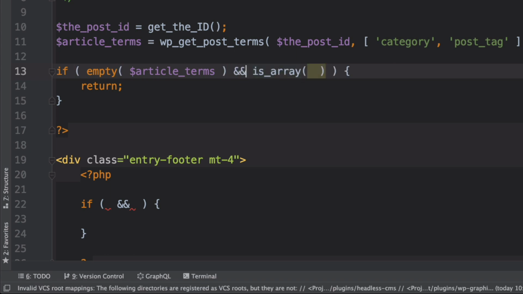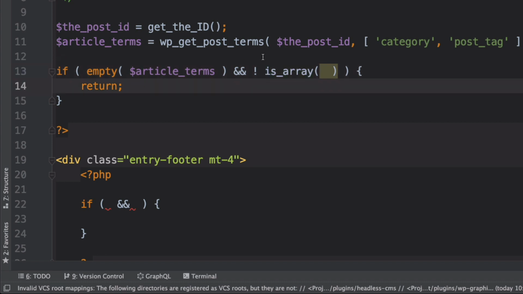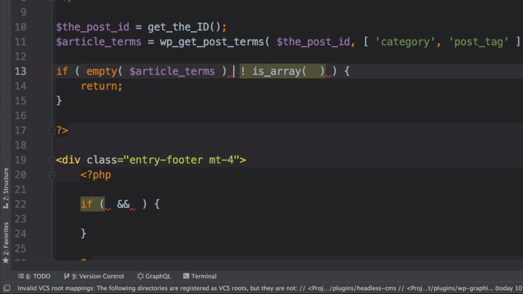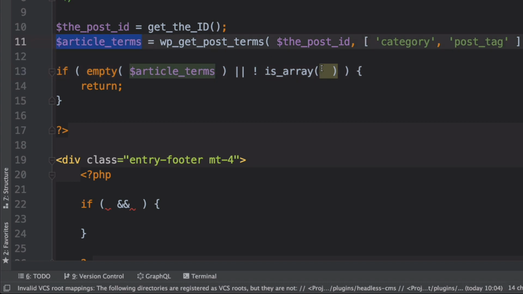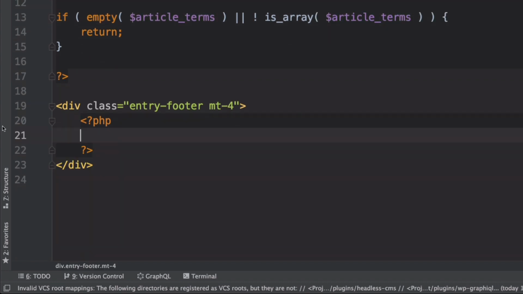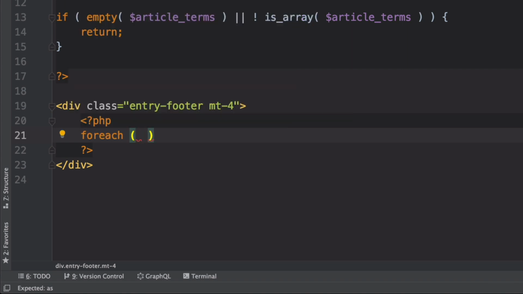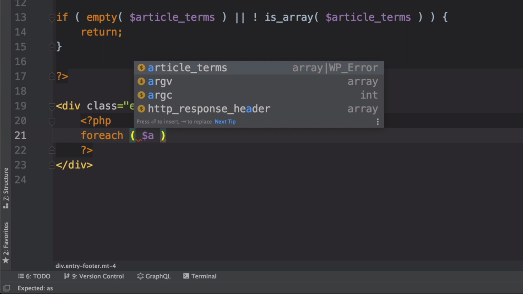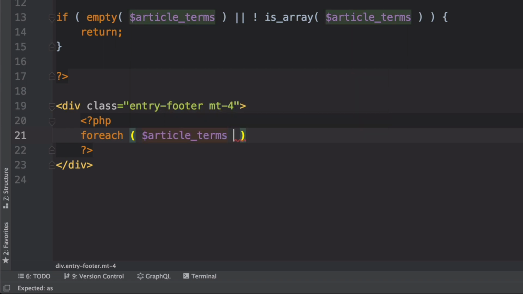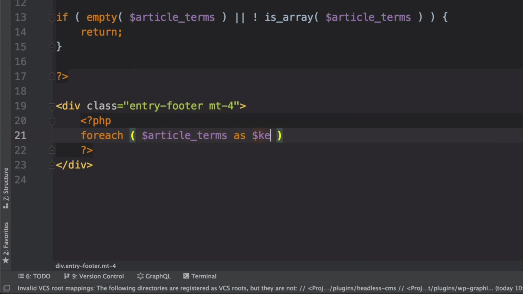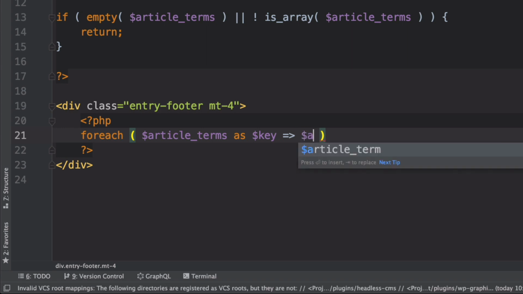So if it's not an array or if it's empty, then just return. So I'm just going to pass article terms here, and then we'll do for each because we already checked for any errors you may get. Article terms as key and then article term,